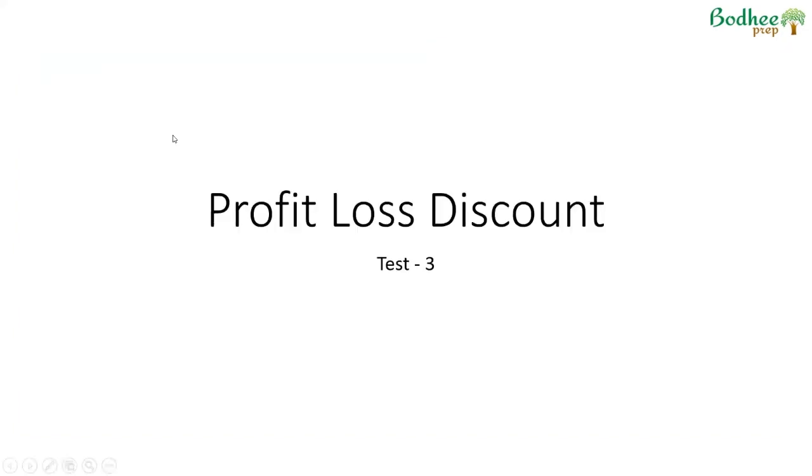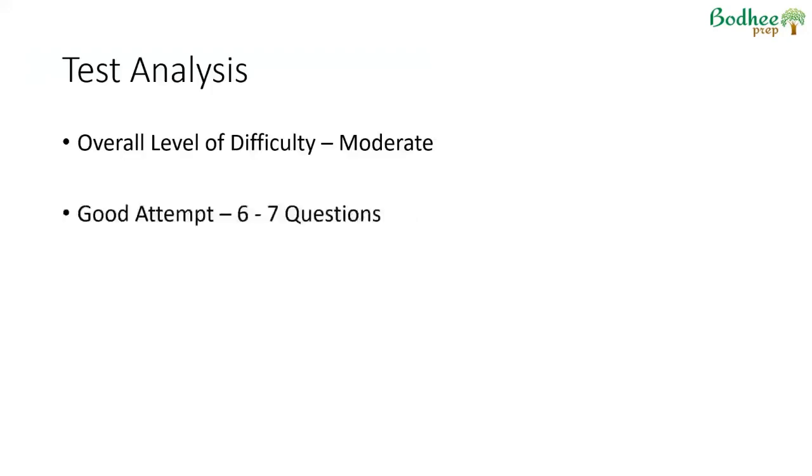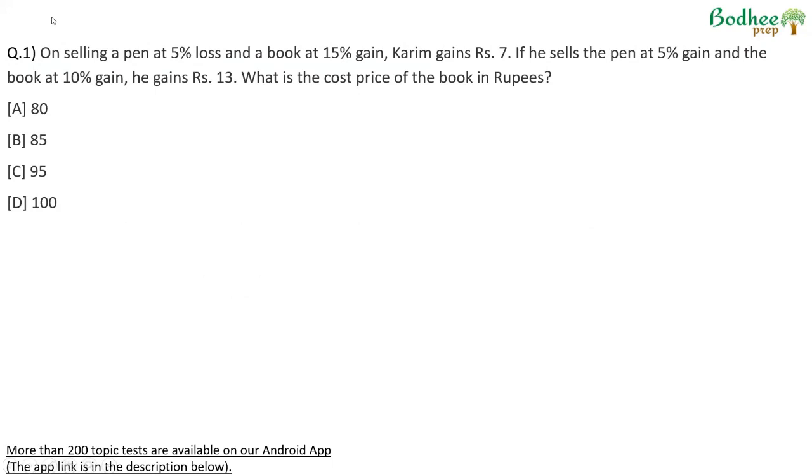This video is about profit loss discount test number 3 as numbered in the app. Overall, this is a moderate sort of a test. 6 to 7 questions would be a good attempt, and the attempt time would be somewhere around 19 to 22 minutes to go through the entire test, and from there get 6 to 7 net correct answers. Now, if we look at the questions one by one,